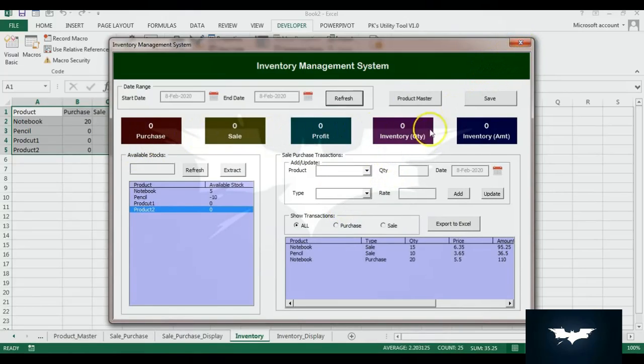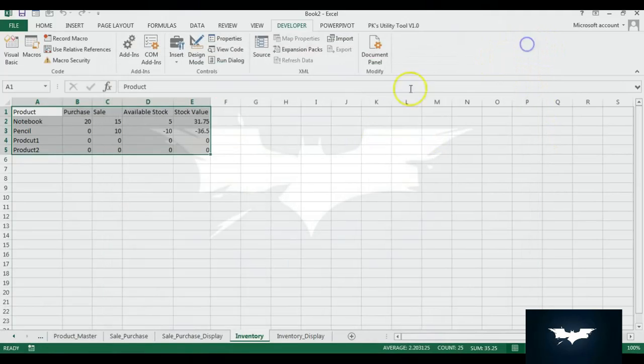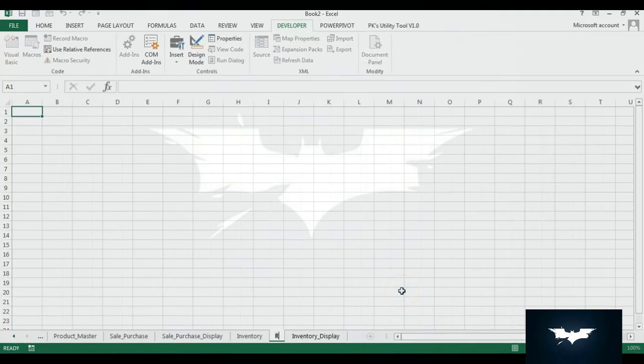Now we'll display our dashboard, so we'll put the numbers here. To put the numbers here, to make it easy, I'll create a sheet and rename it, let's say, report, and here I will put start date, end date. Let's say I'm putting some dummy date here, I'm putting 8 Feb and here also. And now I need purchase, then sale and profit, and inventory quantity and inventory.